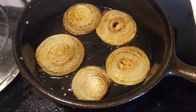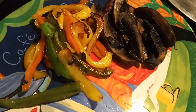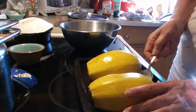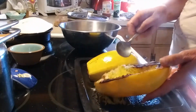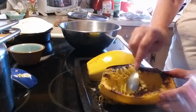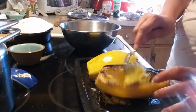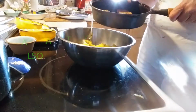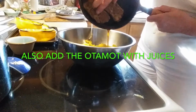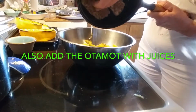I like the onions a little more caramelized, so I switched them to the cast iron. Now, I bake this at 350 for about 40 minutes, and that caramelizes as well. You're going to scrape all that gorgeous spaghetti squash out, and it does clump. So you want to make sure whatever you mix in, here I use the juices from the pork chops, and